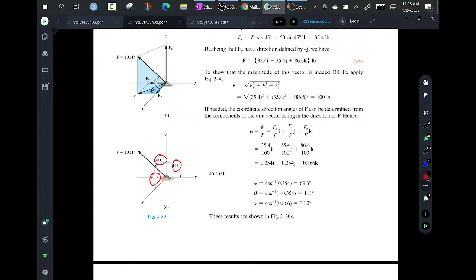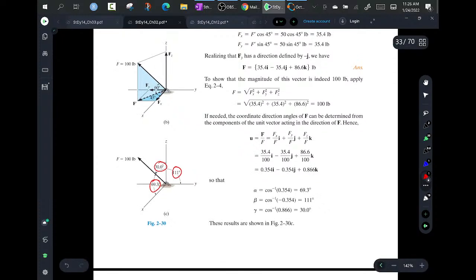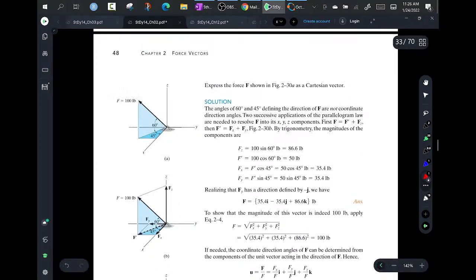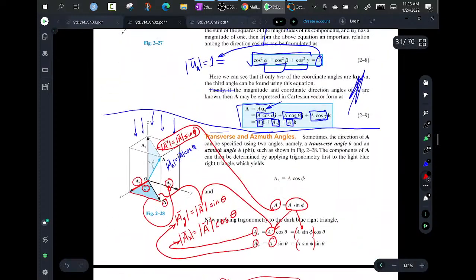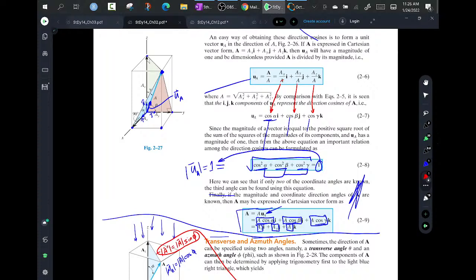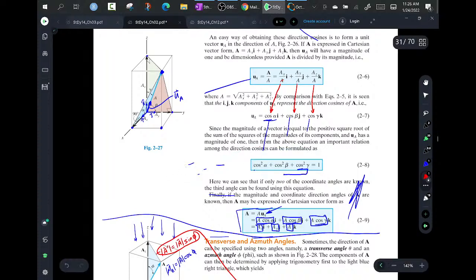It turns out you're limited by this. You can't be given 111 and 30 degrees, and this can be anything. The reason it can't be is because there's a relationship between them all. And that relationship sits right here in this funny blue box, which we'll circle in red, and that is this,